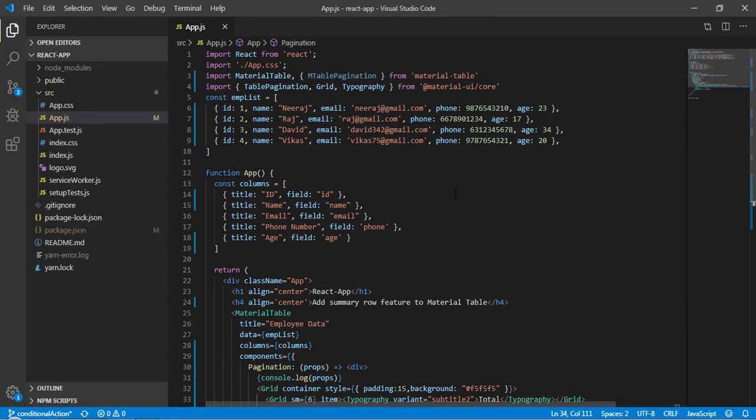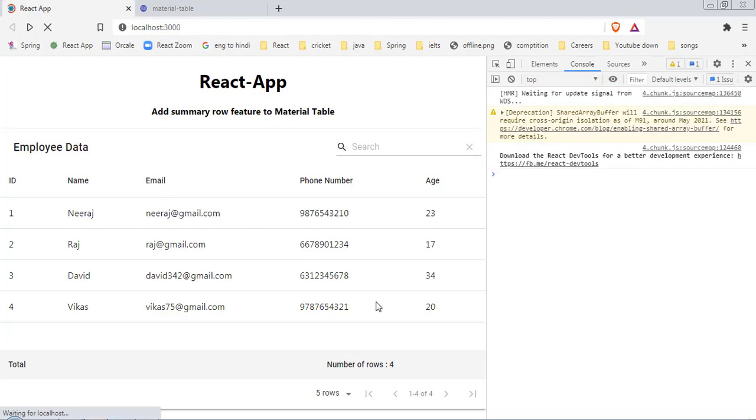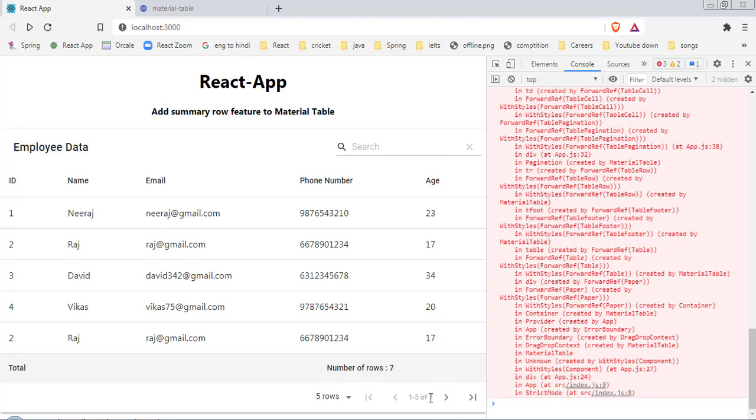Suppose I add some more rows, so let me do this here. I will copy this and paste it 2 times. Now save it and come back here. Now you can see the number of rows is 7, and here as well you can see total 7 rows.